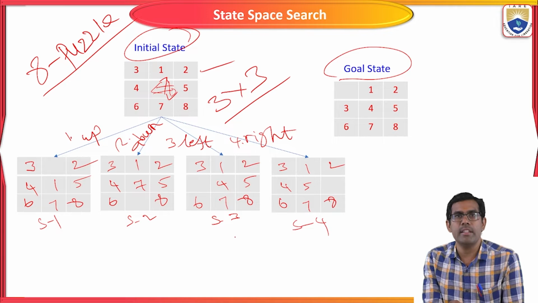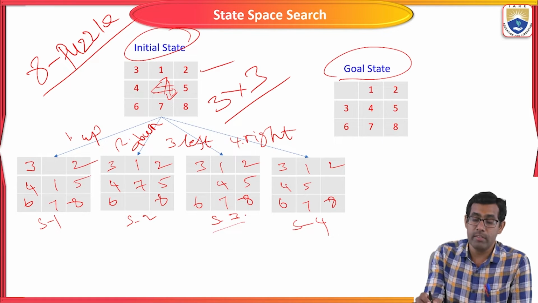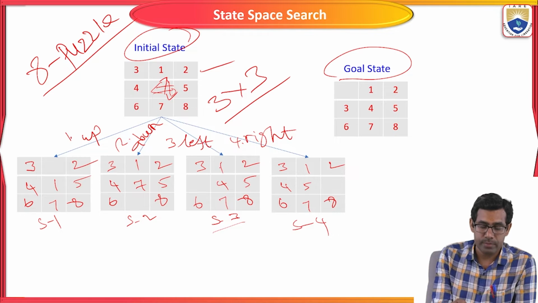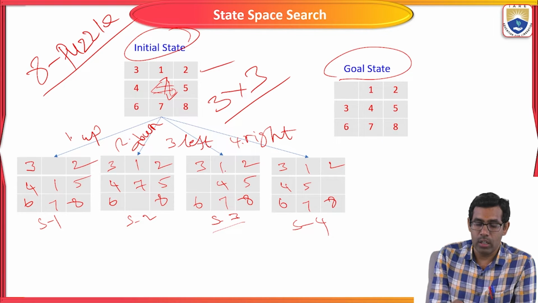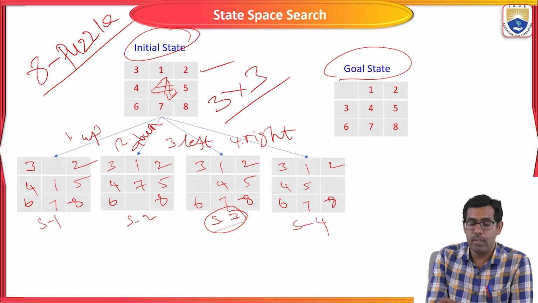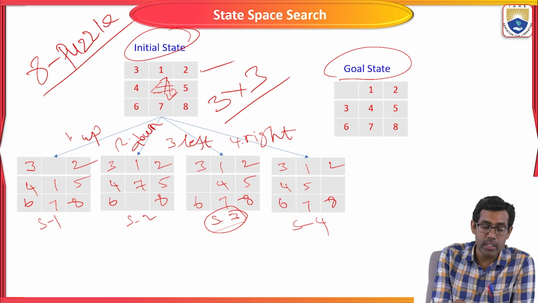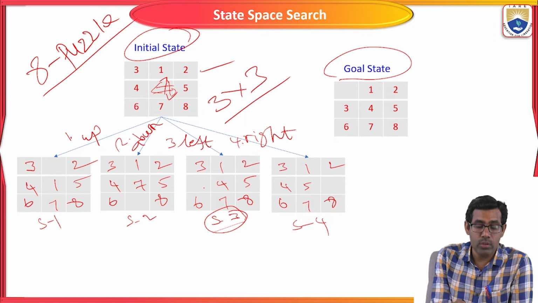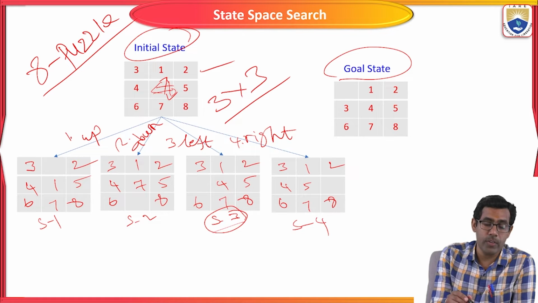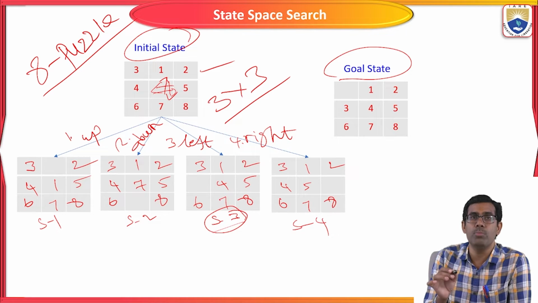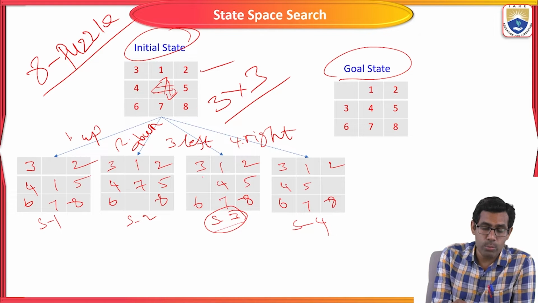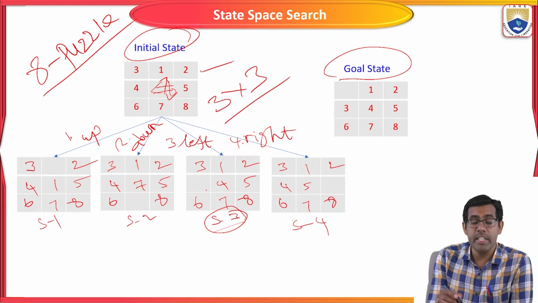Okay, then next, state 3. I'm going to compare it with the goal state. If it is 3, 1, 2, 4, 5, 6, 7, 8, then state 3 will, after one more move, produce the goal state. Right? If it is moving that 3 downwards. So if you are performing the second operation, what is the second operation? Down move. If you do that down move operation on state 3, it will reach the